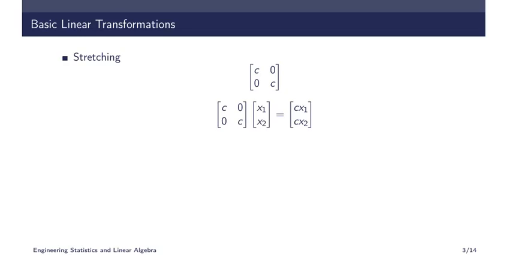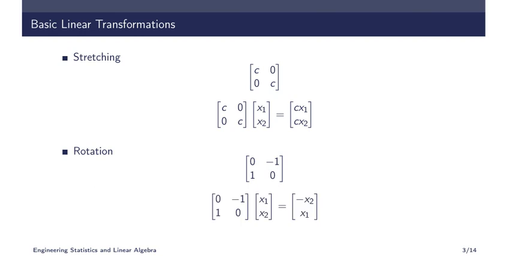Now we will see the next operation, that is the rotation operation. So for rotation we want a matrix like this: [0, -1; 1, 0]. What happens if you multiply that with (x1, x2)? x2 becomes negative and comes to the position of x1, and x1 goes to the position of x2. How it will look in the space, we will see that.